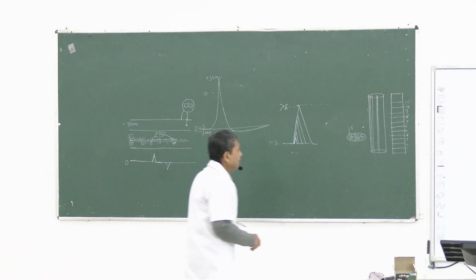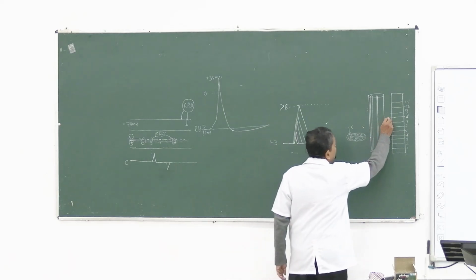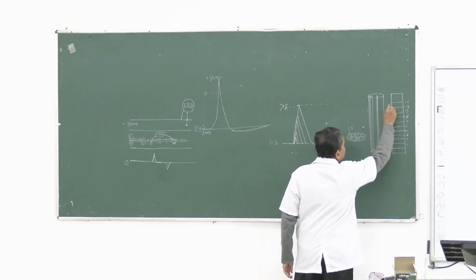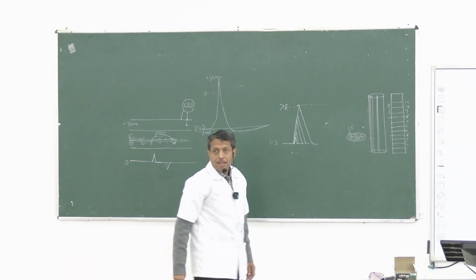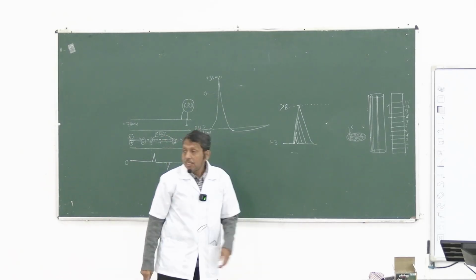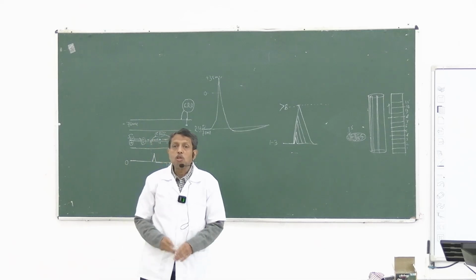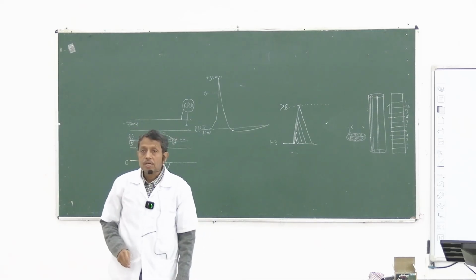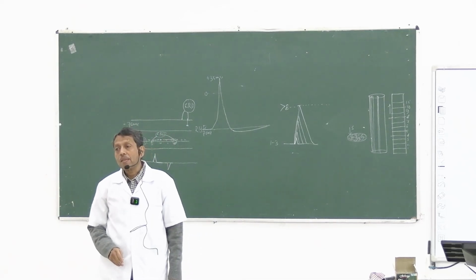In this case, the level of 8 is the maximal stimulus, and these are the supramaximal stimulus, and whenever there is supramaximal stimulus, there is no change in the response, and this phenomenon is called